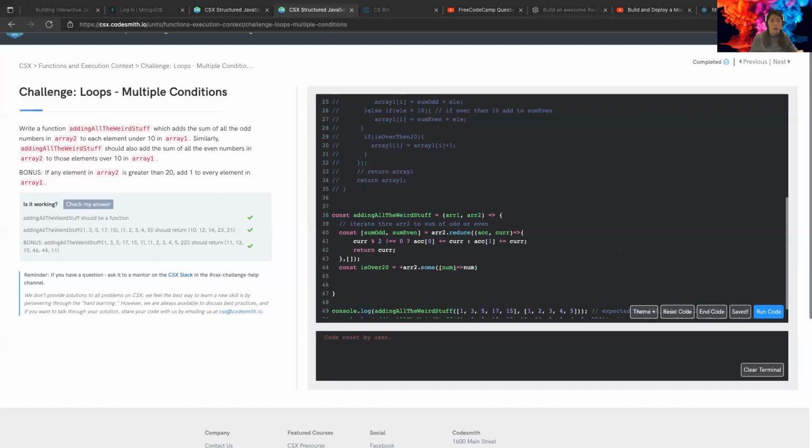So it is num, set num greater than 20. That's going to change is over to be true. So then we return